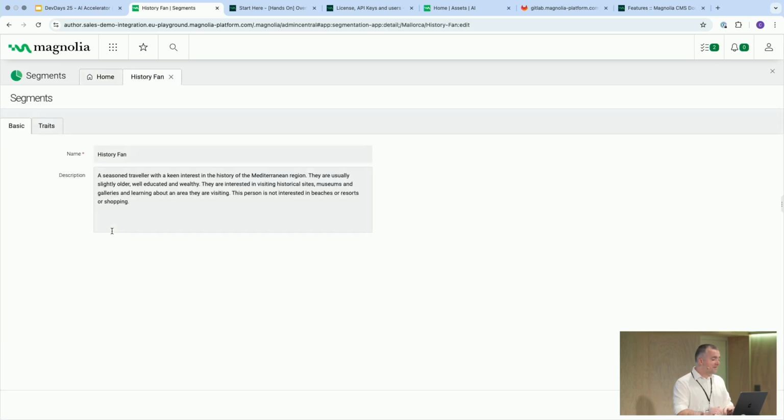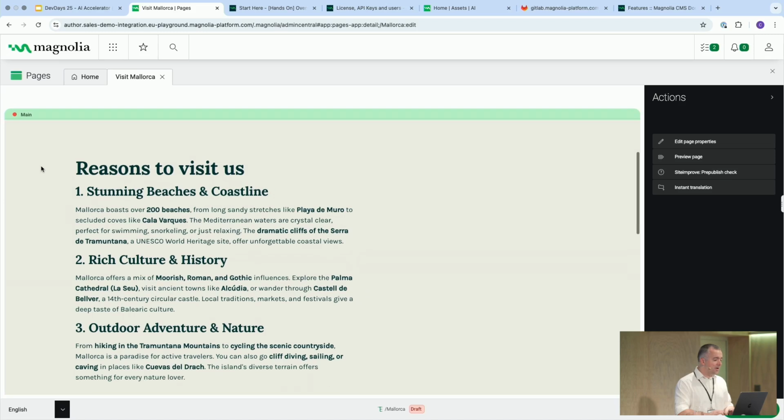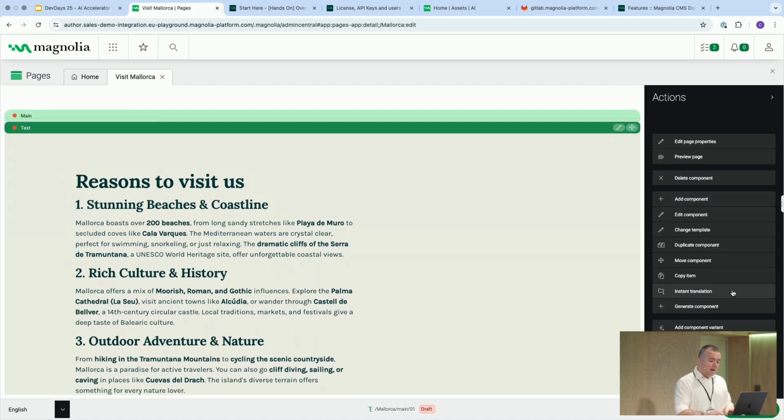And in here, I've identified a group of people who are history fans. We said that they are seasoned travelers, perhaps they're slightly older, they're interested in historical sites, museums, and we said they're not interested in beaches or shopping. So now, we come back to the page with that data in mind, we can select our component, and alongside